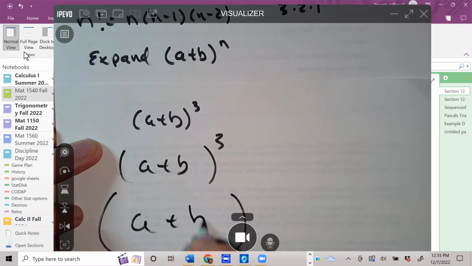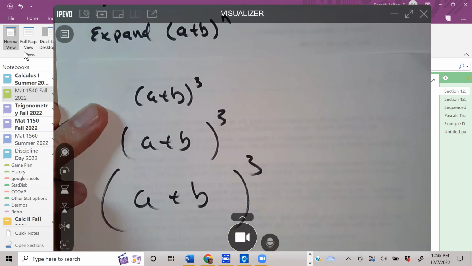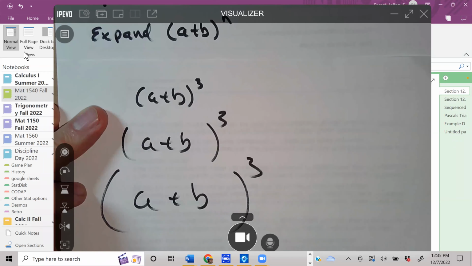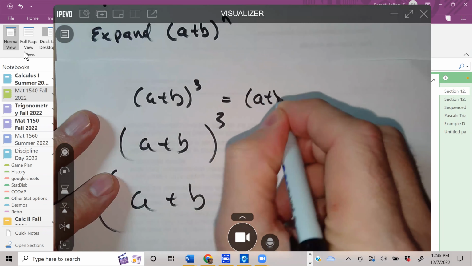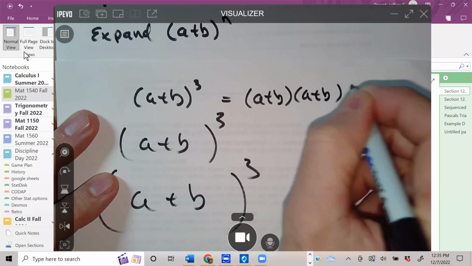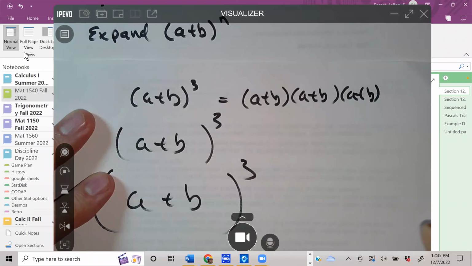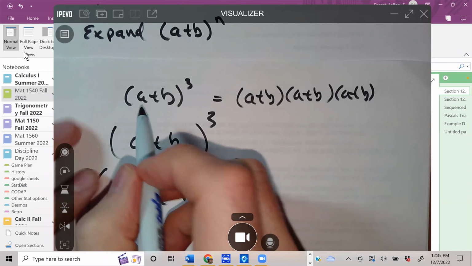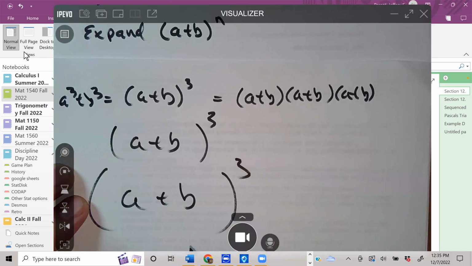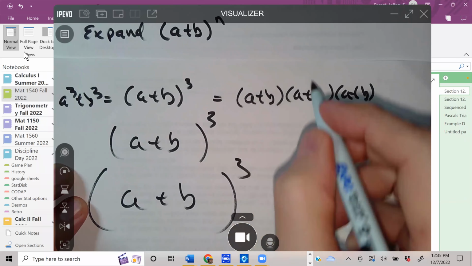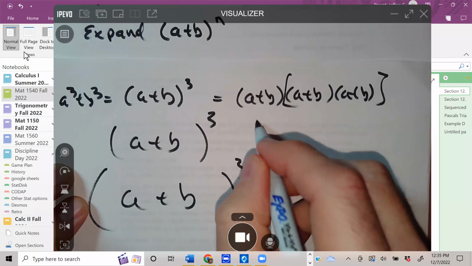That's a kind of cutesy answer that might get you 1 point on an exam. But what I really mean is multiply it out. (a plus b) times (a plus b) times (a plus b). And make sure you don't give me the answer a cubed plus b cubed. Well, actually, if you did, you'd be making it very easy for me to grade. Instead, if you multiply it all out, multiply these together,